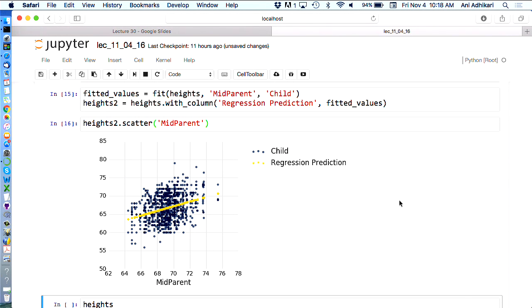Now, what I want to do is point out the difference between this and the picture that you've seen 100 times by now. It was the same scatter diagram, but the gold dots were more wobbly. They weren't perfectly on this straight line. That was because we were calculating the average of each vertical strip and putting it on. This regression line isn't exactly the same. It's a smooth version of that. But once you've got your regression set up, it is very swift to get hold of all of the estimates at once, and you don't need to go through that vertical strip calculation.